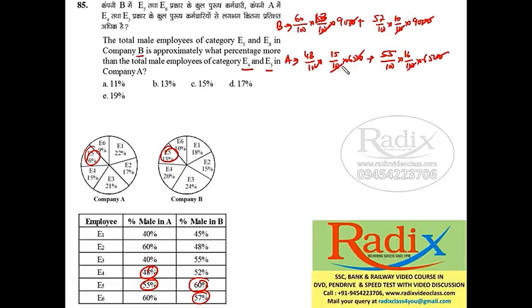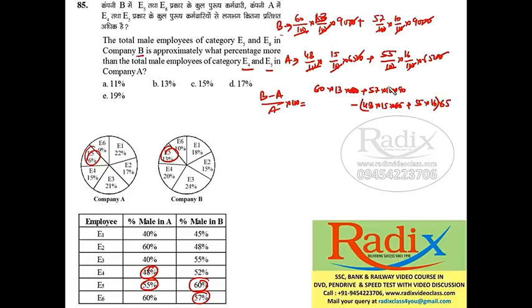Right? And now this (B minus A) upon A into 100, we have to calculate this. Now put this value 60. Now 100 would be cancelled from each term, so cancel this again. 16 into 13 into 90 plus 57 into 10 into 90 minus 48 into 15 into 65 plus 55 into 16, and now take 65 common.